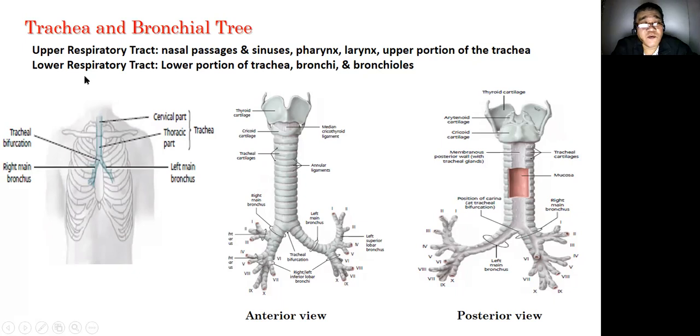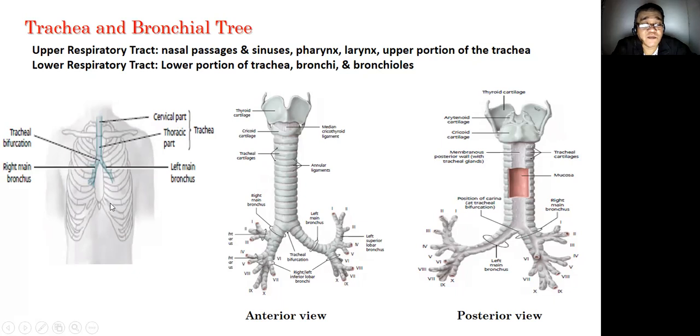And the lower respiratory tract consists of the lower portions of the trachea, from the suprasternal notch up to the sternal angle of Louis, which is at the same level as the bifurcation of the trachea. And then the bronchi, the several generations of bronchi: the main bronchi, secondary bronchi, tertiary bronchi, and the bronchioles, up to the terminal portion,